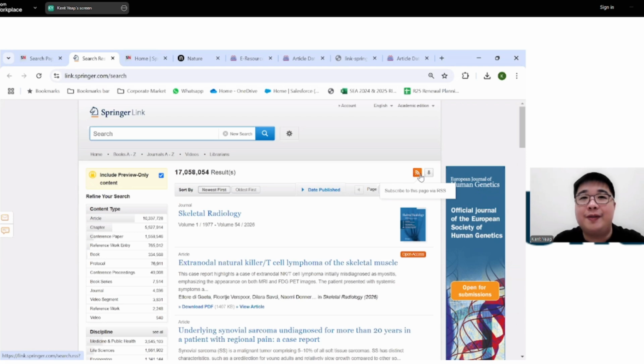So every time a new paper comes in, bam, you get a notice on your email saying a new article that was part of your original search based on these queries and filters has been published. You might want to go read it. Of course, whether or not you have full access to the article depends on whether that article falls under the subscribed list of titles as well. So that has a role to play. But if it's open access, then regardless, you should be able to see it.